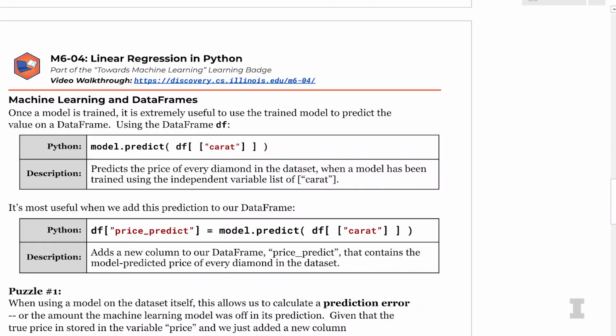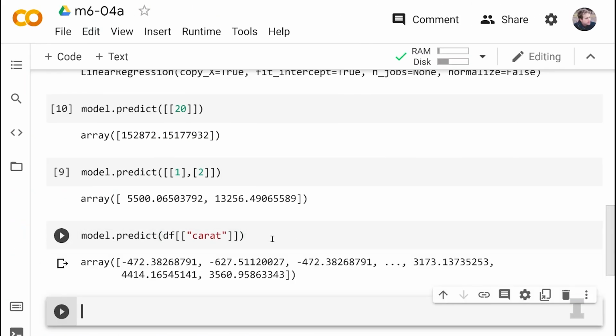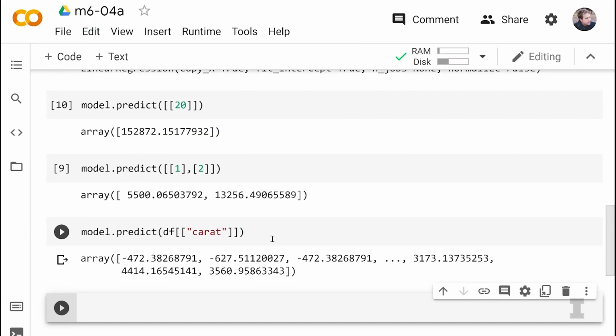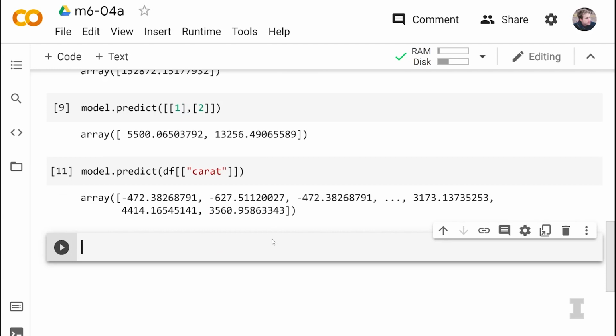Let's do model.predict, and instead of predicting a particular element, like a 1 carat diamond, inside our model.predict, let's have df and then the entire list of all of our independent variables. So df, double square brackets, carat. If I just run this model.predict, the output should be one long list that contains lots of values.